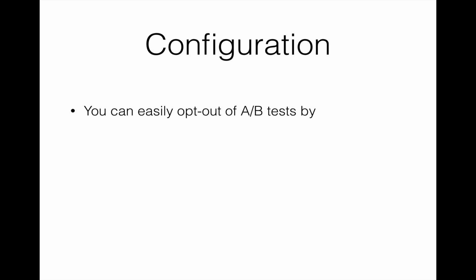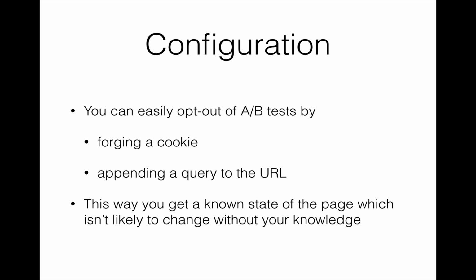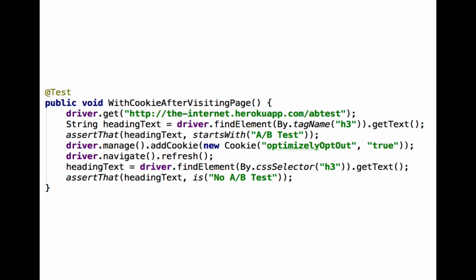Configuration is pretty straightforward. You can easily opt out of A/B tests with Optimizely by forging a cookie or appending a query to the URL. This way you get to a known state of the page, which is not likely to change unless you're hopefully aware of it. So here's an example test where we visit the page for the A/B test,